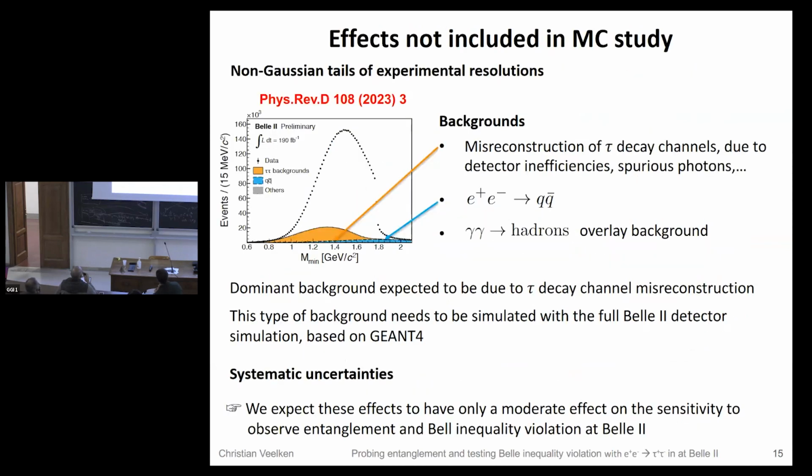If you look at this background plot, what this basically means is that we need 2 Monte Carlo samples. One Monte Carlo sample for the process e plus e minus to tau plus tau minus. Another Monte Carlo sample for the process electron positron going to q qbar. And then if you have access to the full Belle II detector simulation, and you know what systematic uncertainties they use, you have everything under your control. You just need 2 Monte Carlo samples. To produce 200 million of these events took us, I'm not sure, but the student in Tallinn produced it. It was like 1 or 2 days.